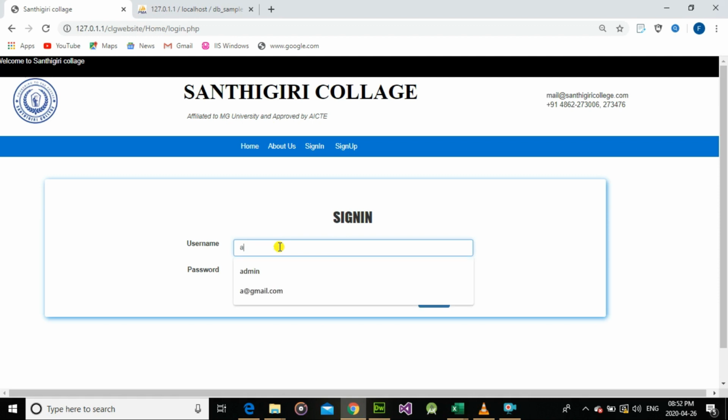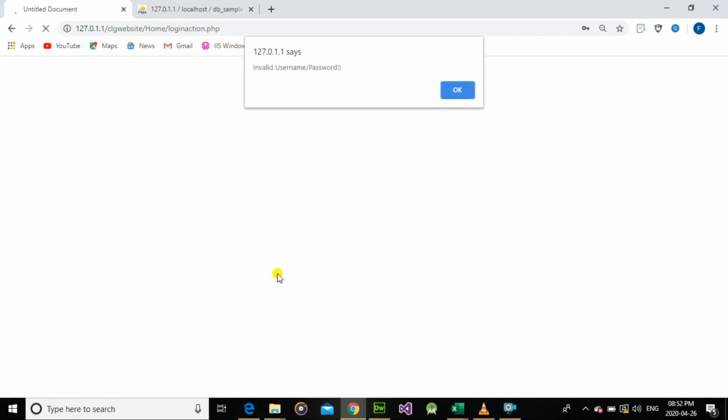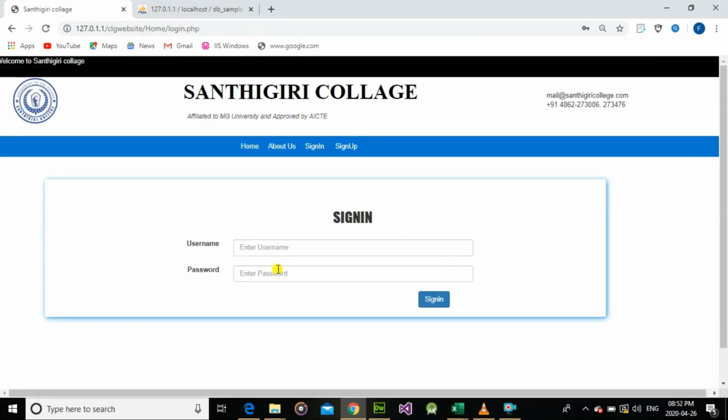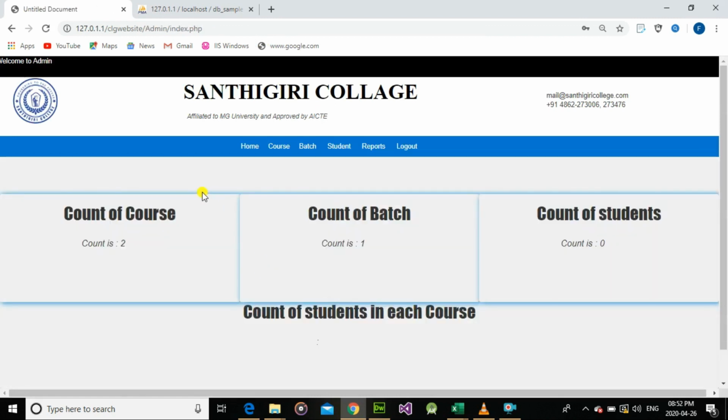If the username and password are invalid, we can see a message box with the message invalid username or password. Otherwise, if valid, we can see the admin dashboard and a message, welcome admin, in the header portion of our website.